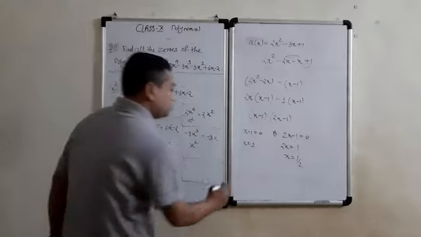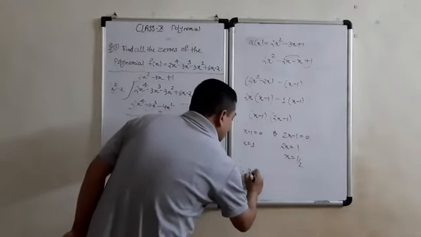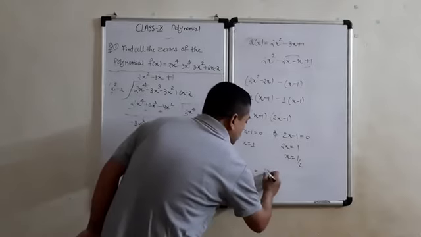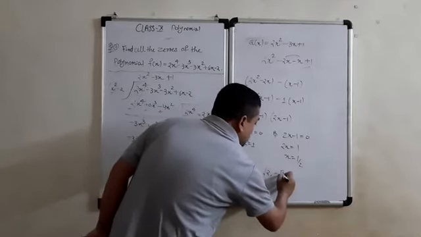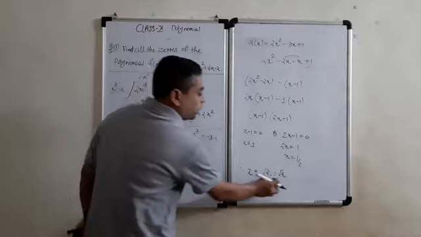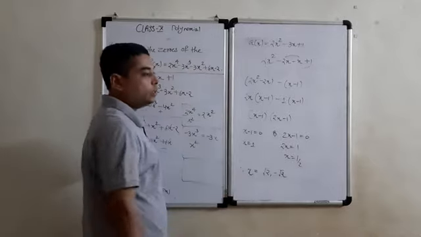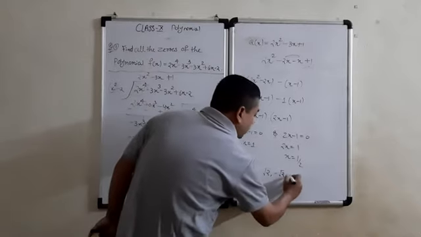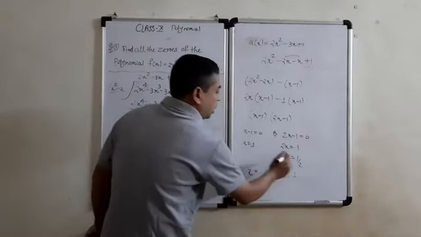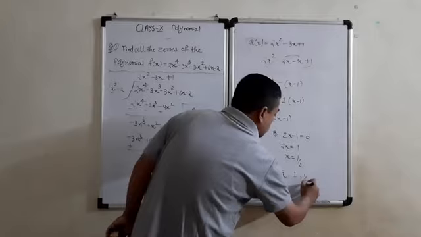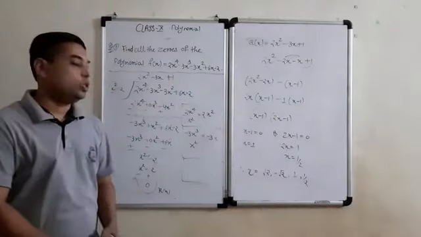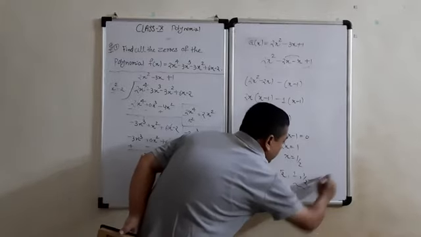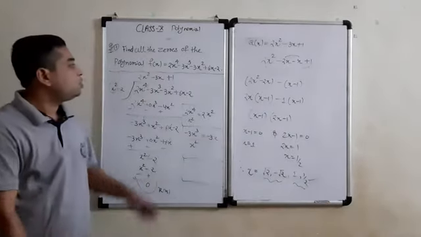So in this way, all the zeros of the polynomial: root 2 and minus root 2 were already given to us, these two zeros are given, and the remaining two we had to find out. The remaining two we obtained: the third one is 1 and the fourth one is 1 by 2. So in this way we can obtain all the zeros. These two were given to us and these two we obtained. Is it okay?